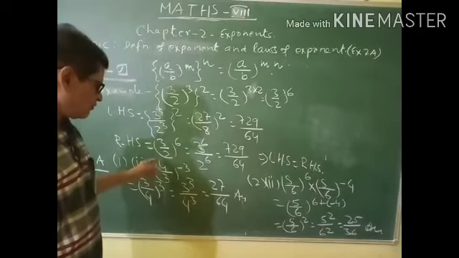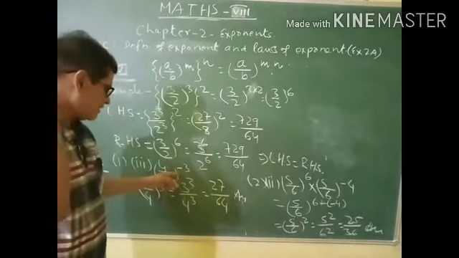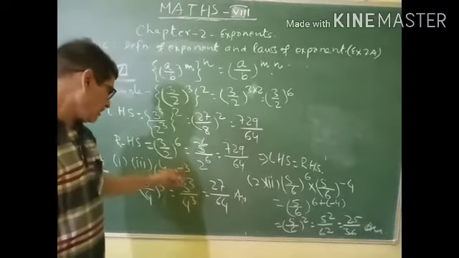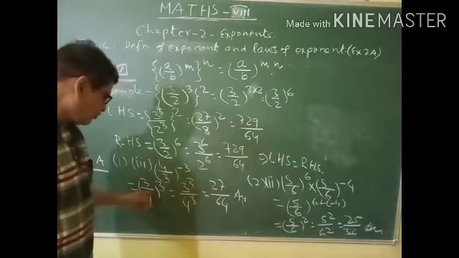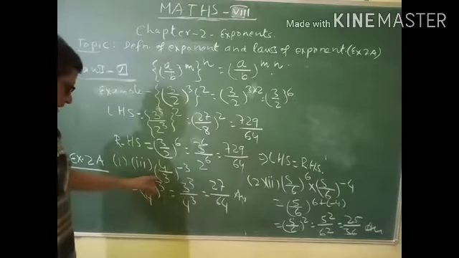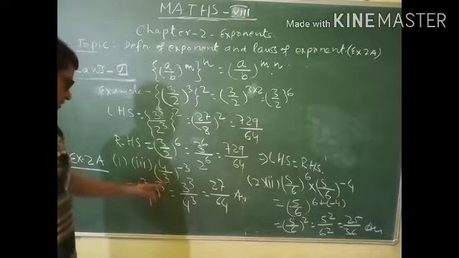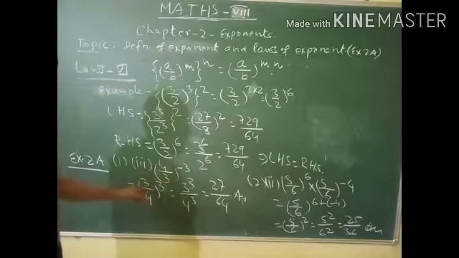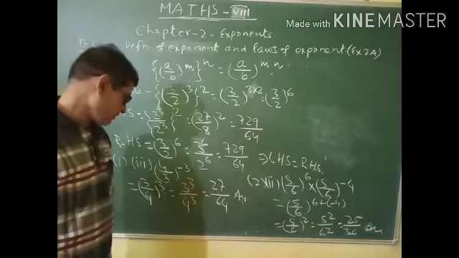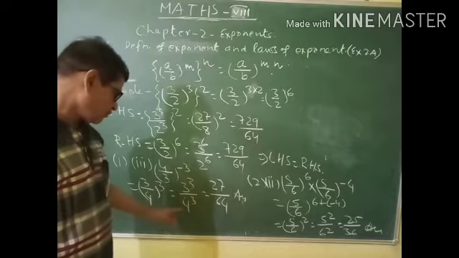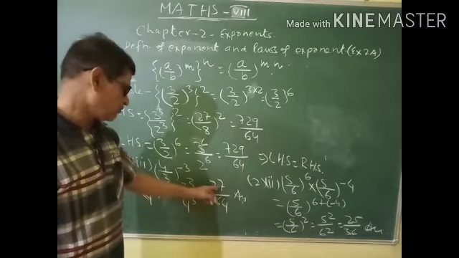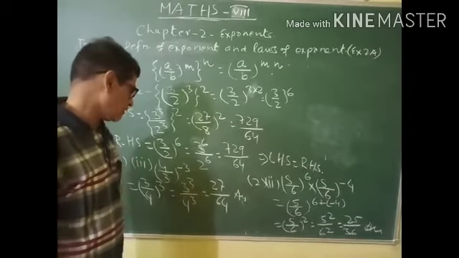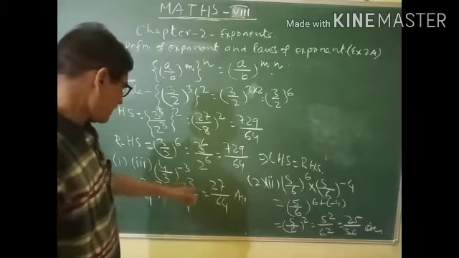You know you can't do any operation until this exponent is negative. So first of all, make it positive. To make it positive, we have to write the reciprocal of 4 by 3. So this will become 3 by 4 to the power cube. You can write this as 3 to the power cube divided by 4 to the power cube. This will become 27 and this will become 4 into 4 into 4, 64. So this is its answer.